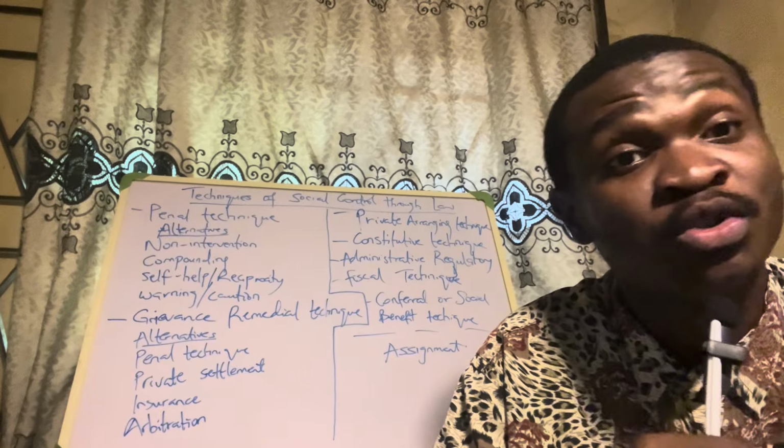So what is social control? Long and short of it is the control of social behavior or human behavior as it relates to others. So what do I mean? If my behavior would affect you, the other person, when you say social, it means not just individualistic. We are talking about the society. So if my behavior will affect the other person, then we are talking about social behavior.